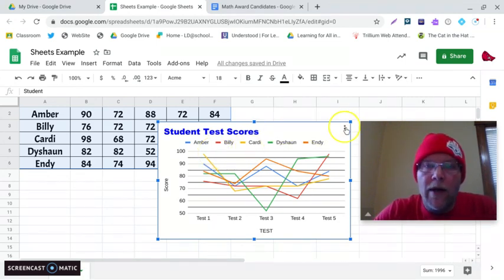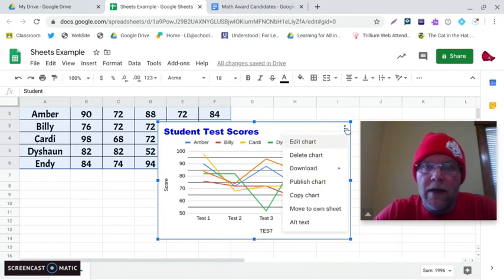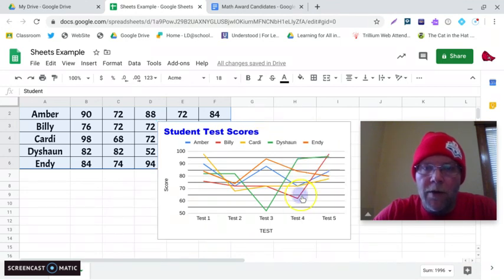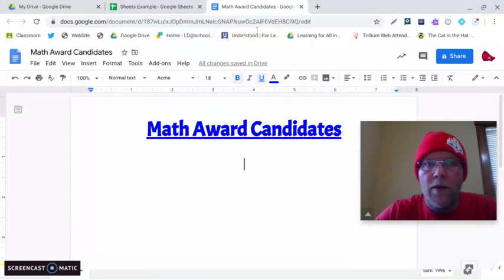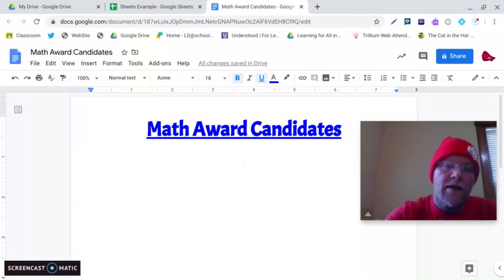So in the top right corner here, there are 3 dots. So I'm going to click on that, and I'm going to go down to copy chart. So I've copied the chart. Okay, now I've got a second document ready to accept this graph. So let's say I'm making a presentation about the Math Award candidates. So there's the title of my doc. I'm now going to paste the graph in. So I'm going to hit Control V,